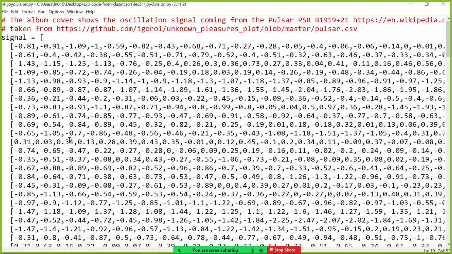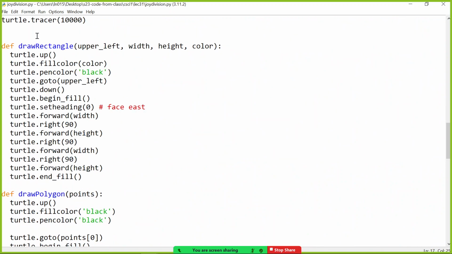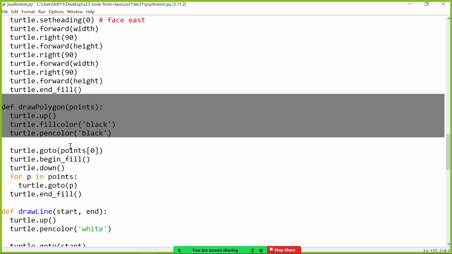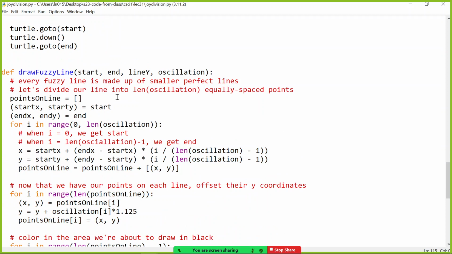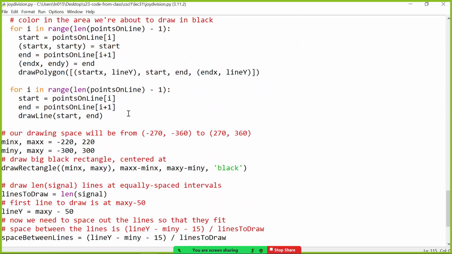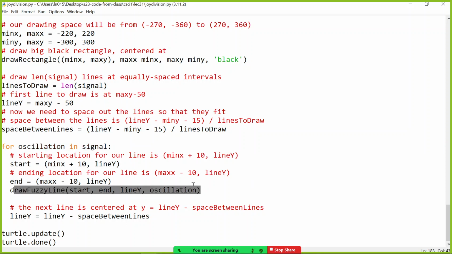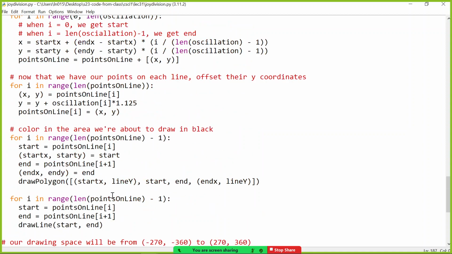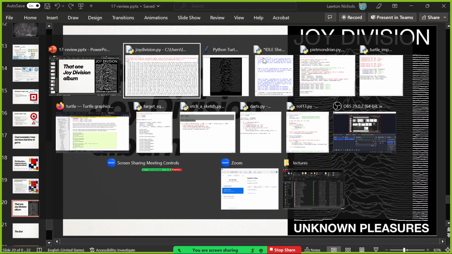But just take these signals, the lists of numbers, and move the turtle down a little bit when it goes down, move the turtle up a little bit when it goes up. That's pretty much it. Of course, that's complicated, but it's, again, draw rectangle. This time it's like draw polygon because there are different points and you have to fill them in with black to overwrite other stuff. But there's just a bunch of functions. Yeah, it just draws stuff. It goes through that signal, all the readings, and starts drawing those little fuzzy looking lines. And I believe that you could understand it if you looked at it long enough. But that's a cool idea. You could take this thing and make it again.